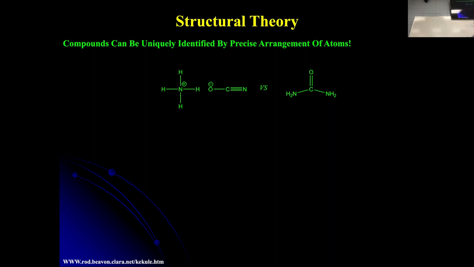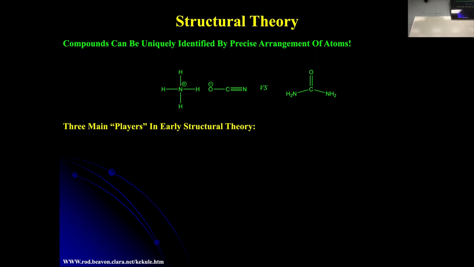So when I draw out that ammonium cyanate and that urea, you can clearly see now the differences, right? This nitrogen is connected to 4 hydrogens. This nitrogen is not connected to any hydrogens, but it is connected through a triple bond to this carbon, and this carbon is connected by a single bond to this oxygen. Very different connectivity here. Same number of nitrogens, hydrogens, carbons and oxygens, but connected differently. A rock, an organic molecule, okay? So structure is important because there are differences.